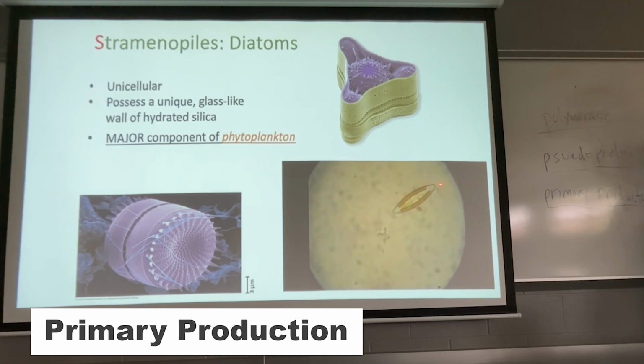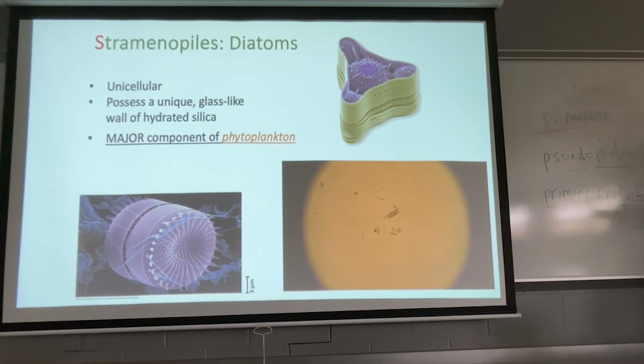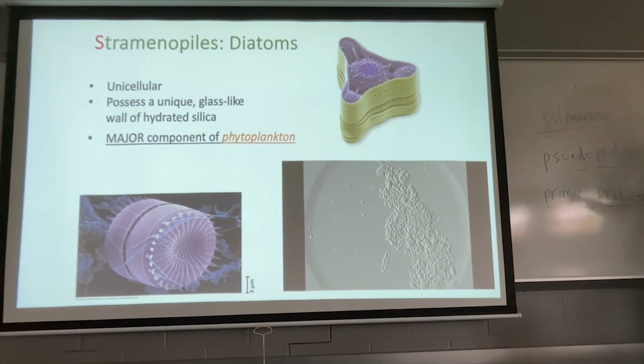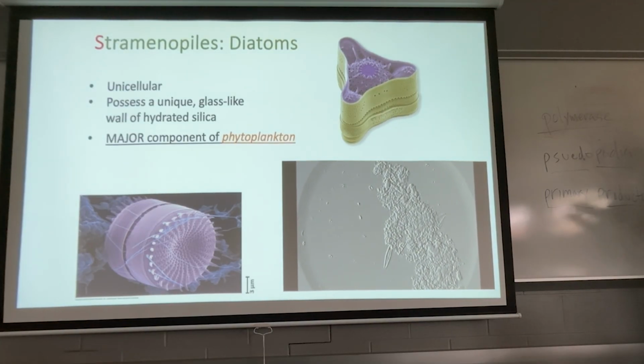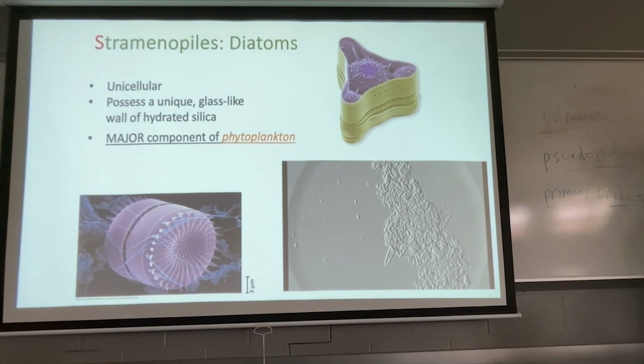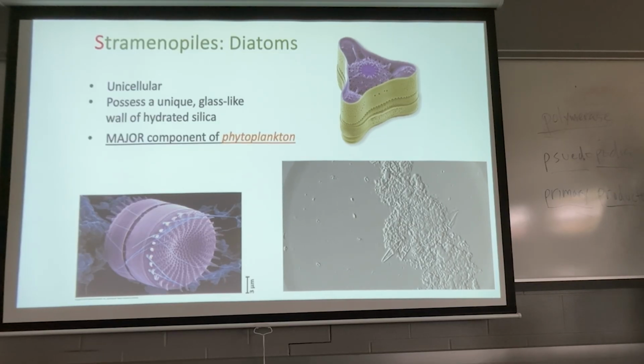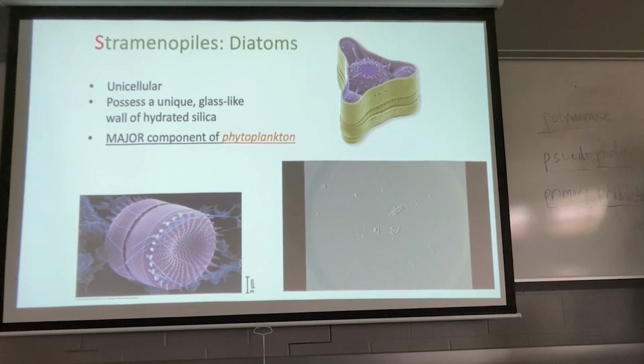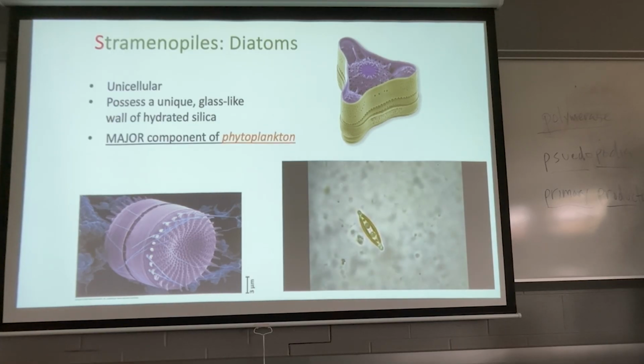There are so many of these across the history of the earth that as they die, they settle to the bottom of ponds and the oceans in particular and form sediment that's called diatomaceous earth. It's diatoms basically piled up on top of one another that have died. And they make up the major part of what we call the plankton layer, which is the layer on the top of the ocean or a lake where sunlight hits.